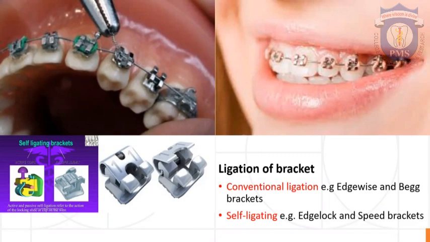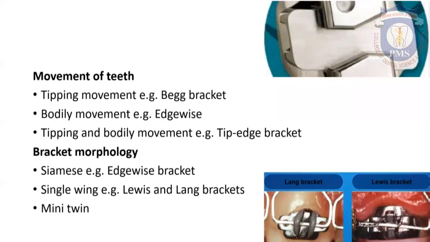Conventional ligation is as shown in the picture, using the ligature wire or E-modules. Then self-ligating brackets have a locking mechanism in the bracket itself. You don't need another method of ligation for keeping the arch wire inside the bracket slot. That locking system is present in the bracket itself. That is self-ligating brackets. Then according to movement of teeth, tipping tooth movement, that is Begg bracket, bodily movement, that